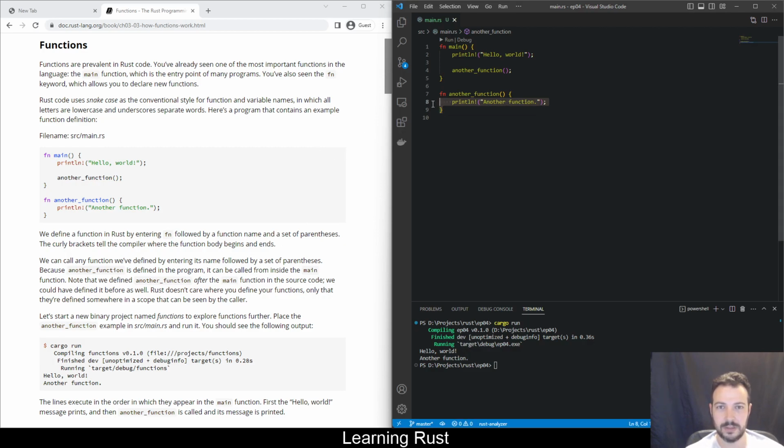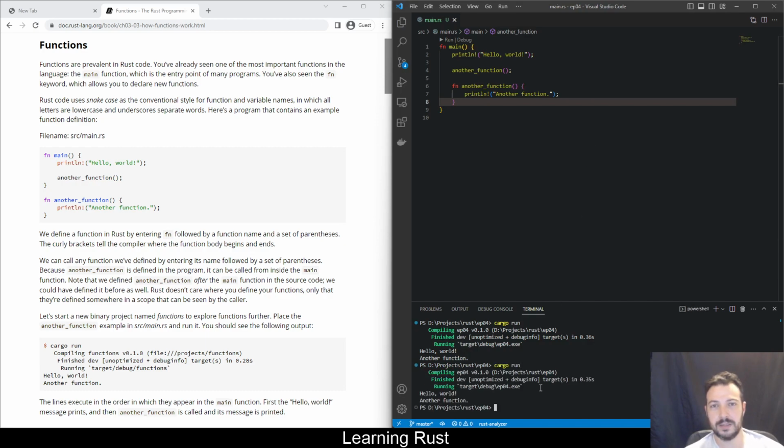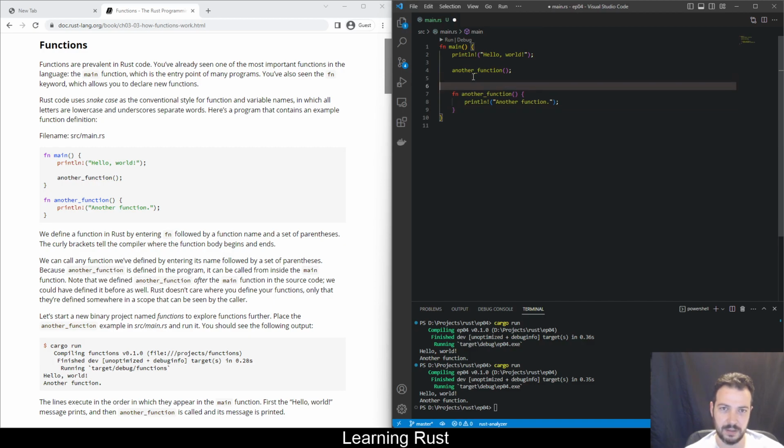The wording here suggests that I can also do something like this, and it should work. It doesn't produce an error? Yeah. So that means that functions are an object for the compiler that can be defined. They're not some special case for the language. And probably I think that maybe scope rules also apply. Let's try something like this. If I do this, would this produce an error? Yeah. So here I've defined this function in a subscope of the main function, and that means that I cannot call this function from here. That's important